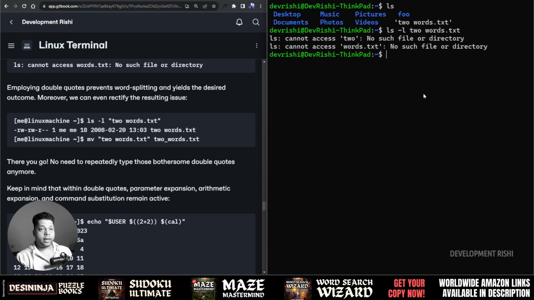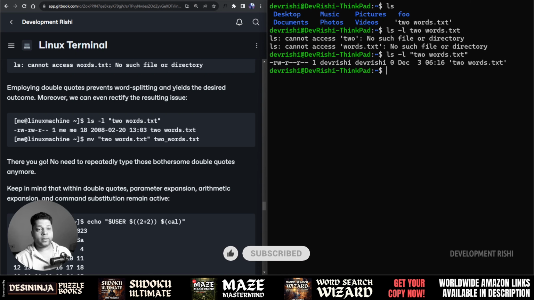To get the correct output from this particular scenario, we'll say ls -l, then put the name inside double quotes like this, press the enter key, and we'll get the correct output. To avoid this problem in the future, you can use a naming convention where we replace all the spaces with underscores. To do that, we can say mv